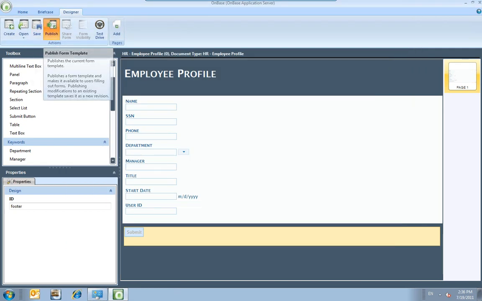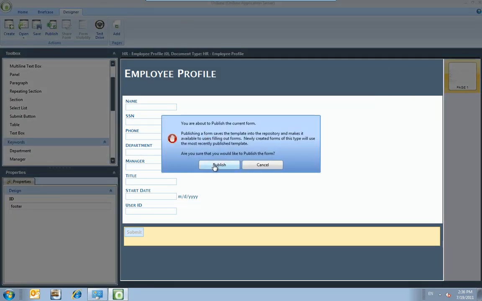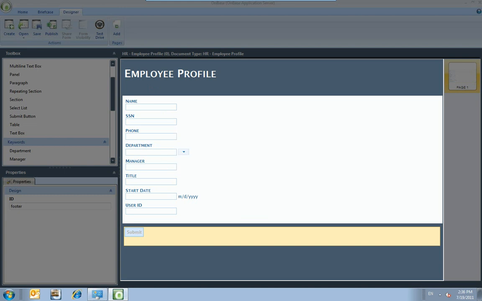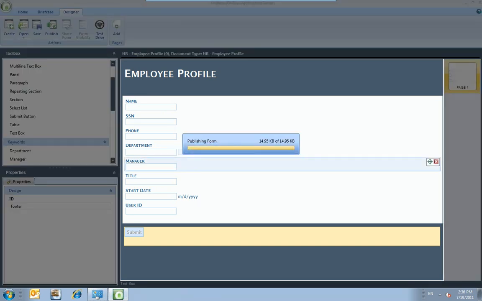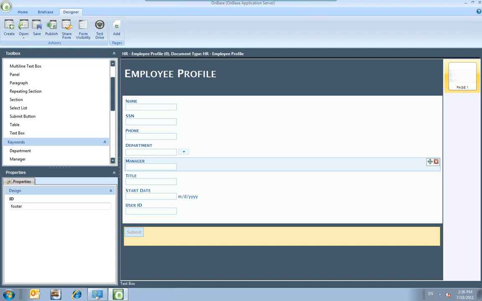We're going to publish that into OnBase. It gives us a little warning, just to tell you in case you press the wrong button, you're about to publish that form, and it kind of tells you a little bit about that. But we know that. And we can publish it in OnBase. It's now available for our users to fill out. It's available for workflow to use. It's available for all of the things that you can do in OnBase. So that's sort of my ta-da